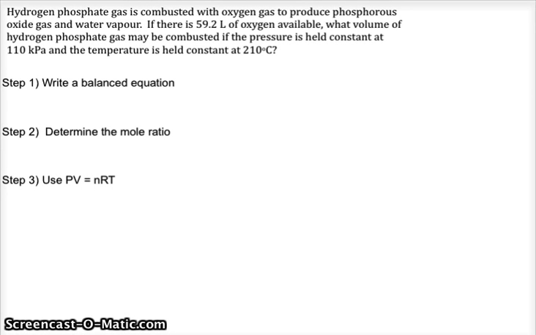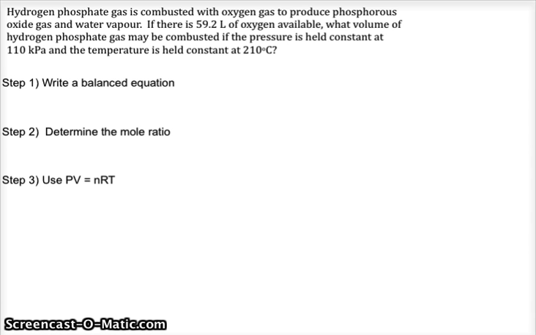Okay, I had a couple students that asked me questions about what to do when I start with liters as opposed to grams, like many other questions. And we're just going to take a couple minutes and go through a question that's similar to one of the questions on the assignments. So this one says hydrogen phosphate gas is combined with oxygen gas to produce phosphorus